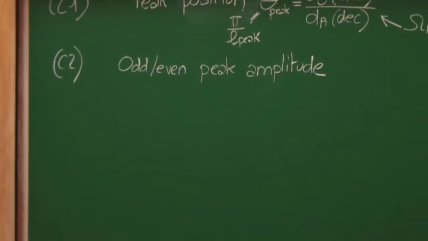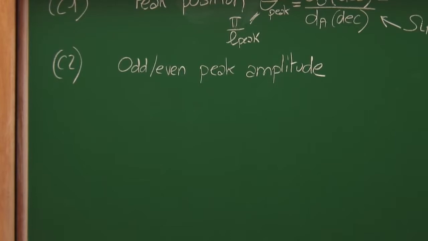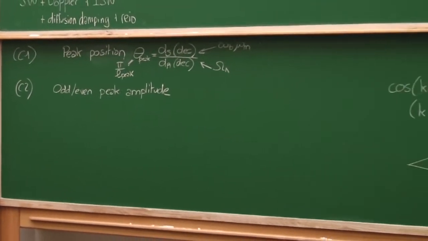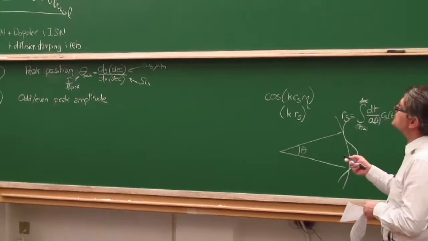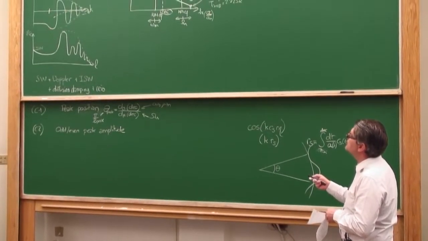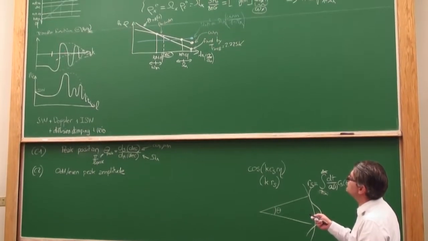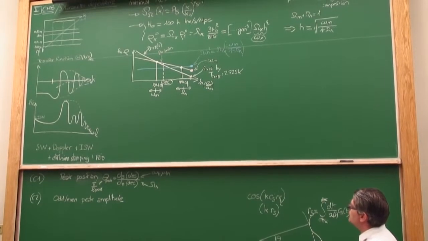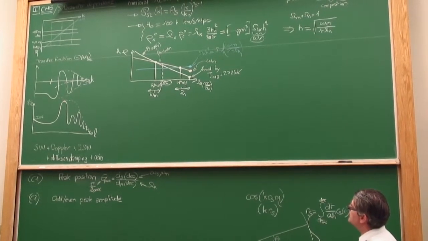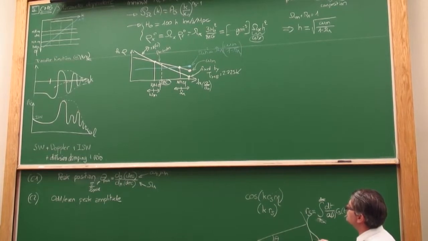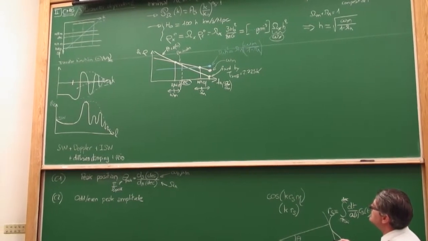This one is fairly easy. Remember that in order to compute the power spectrum, we took the square of the transfer function. Because the zero point of the oscillation was shifted, when you square this function, you get a large peak here, then smaller, then larger, then smaller, etc. So what controls the ratio between even and odd peaks, especially the first ones, because after it equilibrates, is this